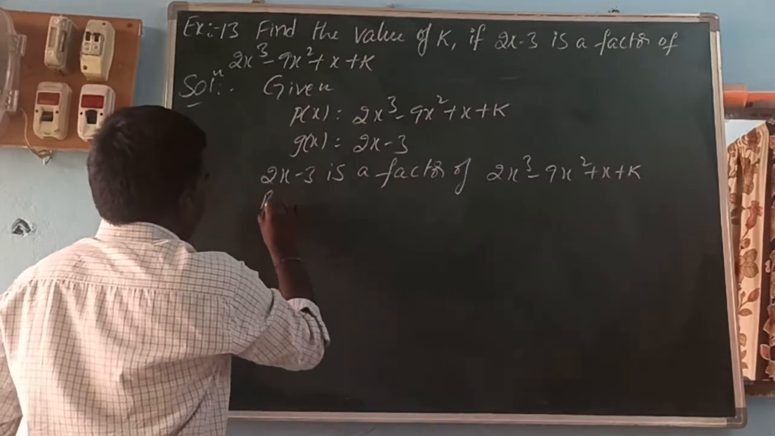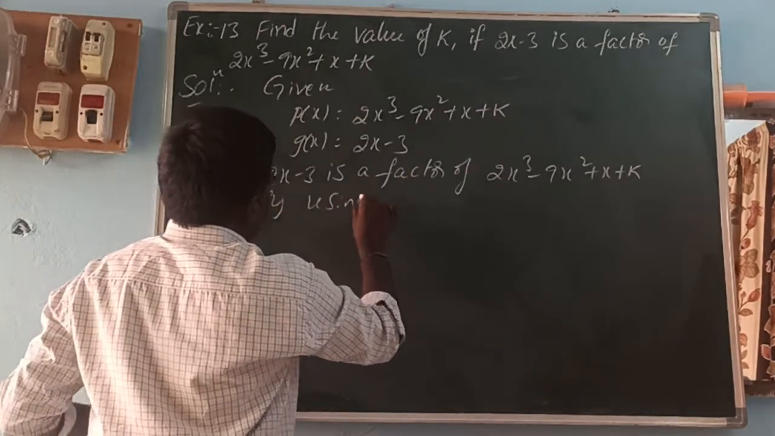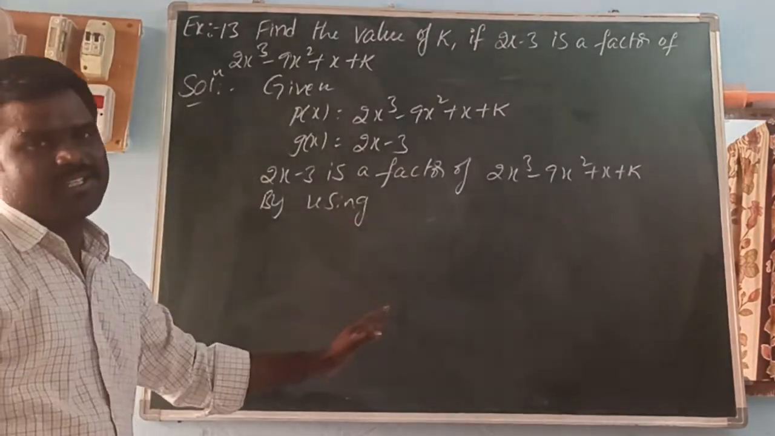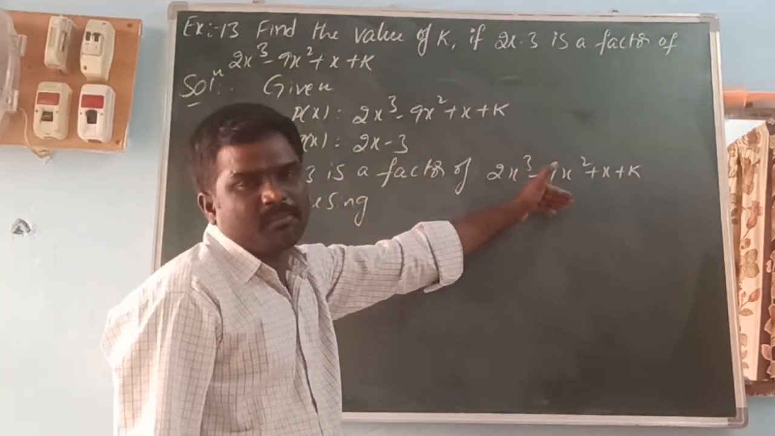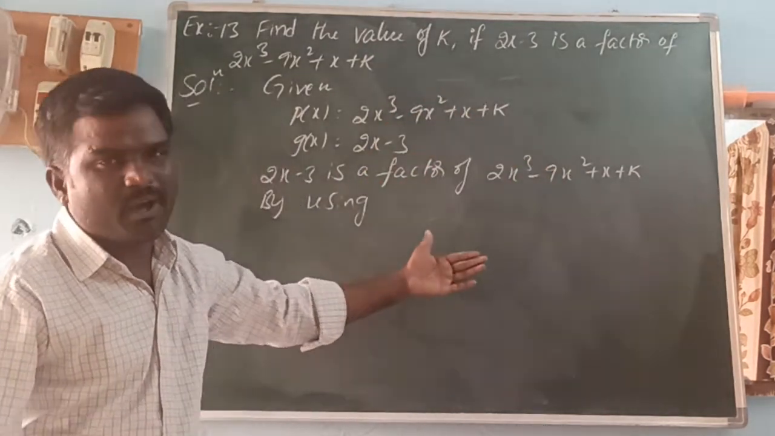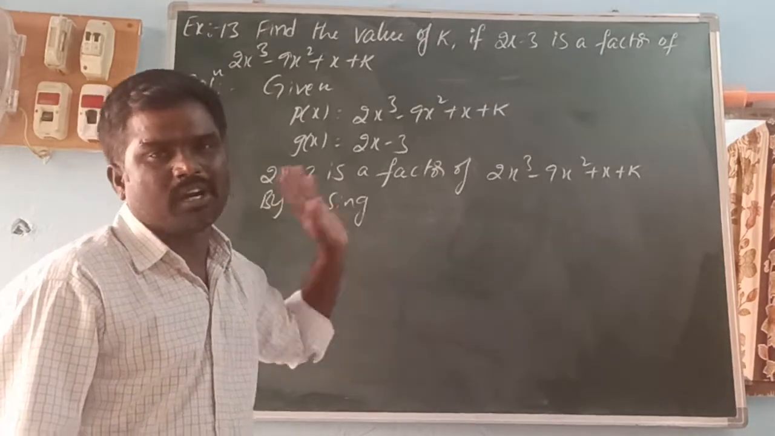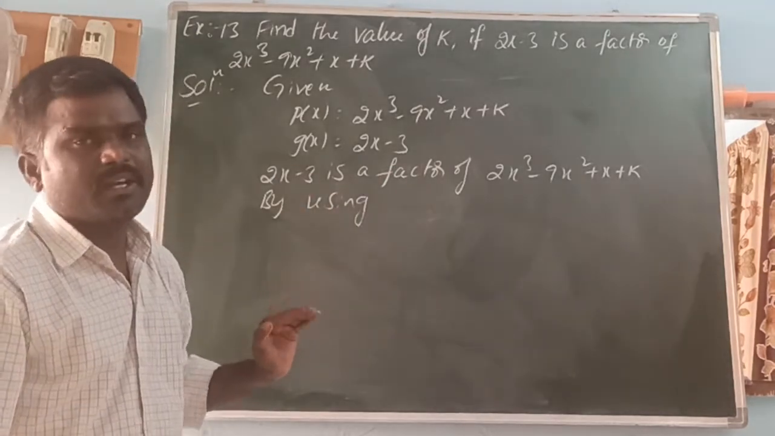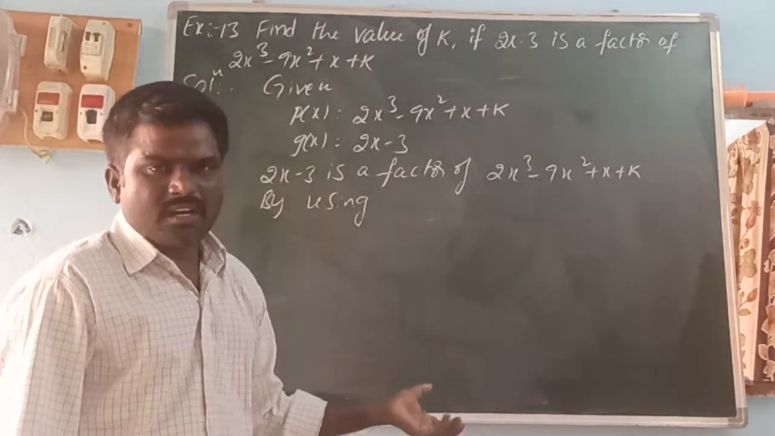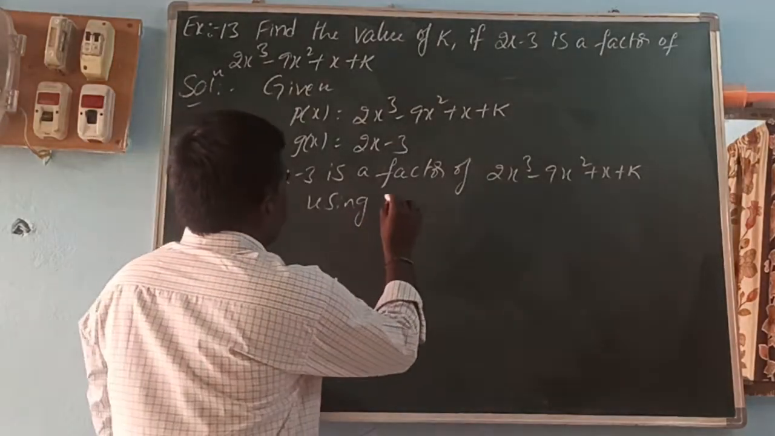So by using the factor theorem, what is the factor theorem? The zero of the divisor is substituted in the given polynomial. If you get 0, then the divisor is a factor of the given polynomial. That is the factor theorem. Okay, if we do not get 0, that is called the remainder theorem. So by using the factor theorem,